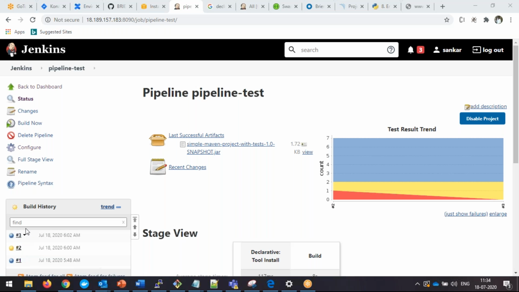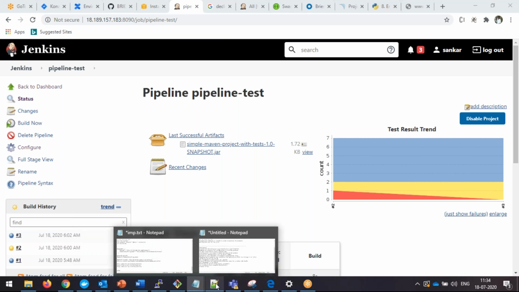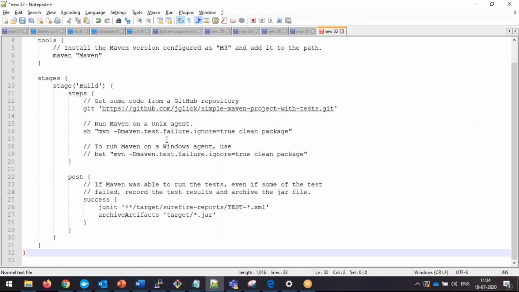So here the property, right? Now when the test cases fail, I don't want to fail my job. For that reason, the property is given, this one. Right. So now here,